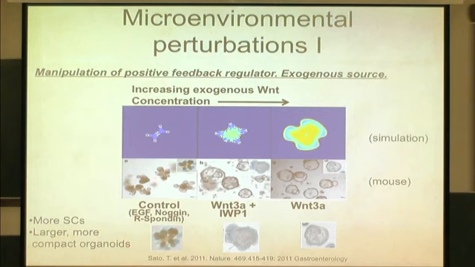Now, as you start to increase the Wnt concentration in the environment, you get larger clusters, and you get more stem cell clusters around the boundary. So larger organoids and more stem cell clusters around the boundary. And in fact, that's what you see experimentally. So this blue are, again, the stem cells. And then as you continue to increase the concentration, you get even more, and you get now, in the model, a more continuous distribution of stem cells around the boundary. And again, it's bigger, and the shape is more compact. And again, that's something similar to what is observed in the experiments.